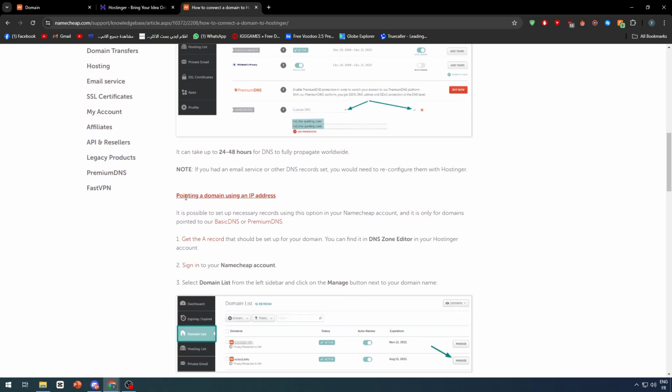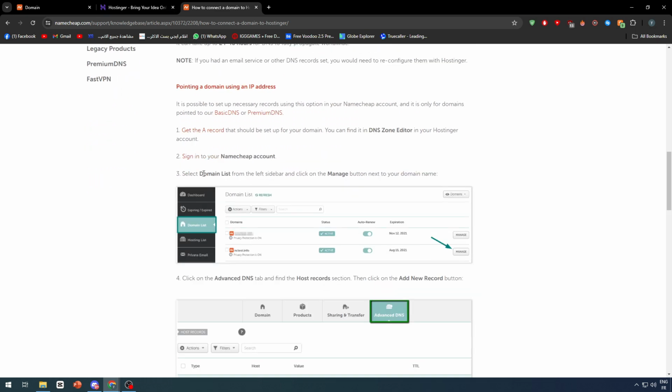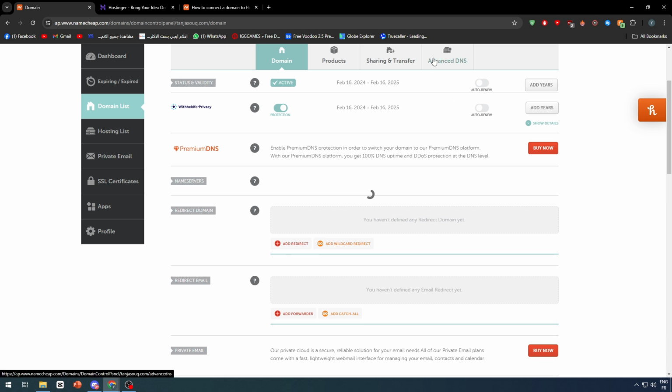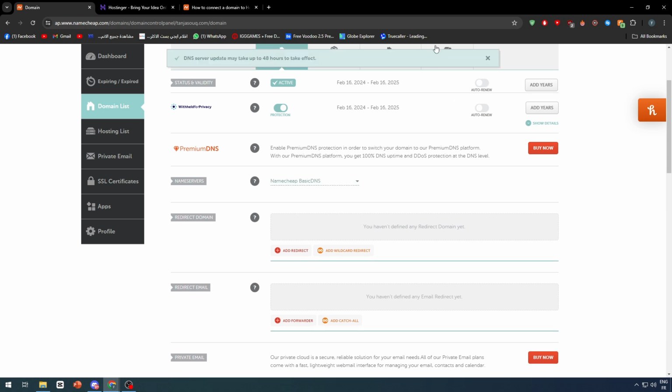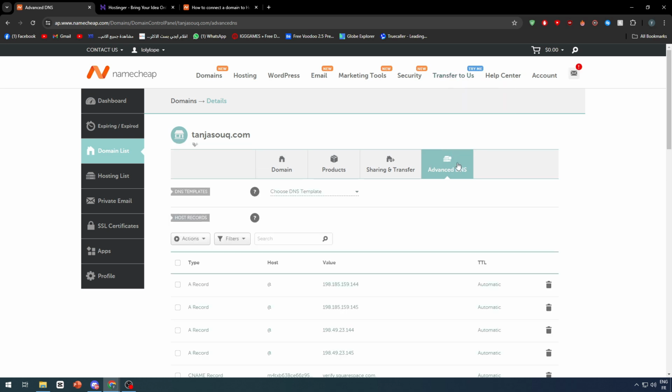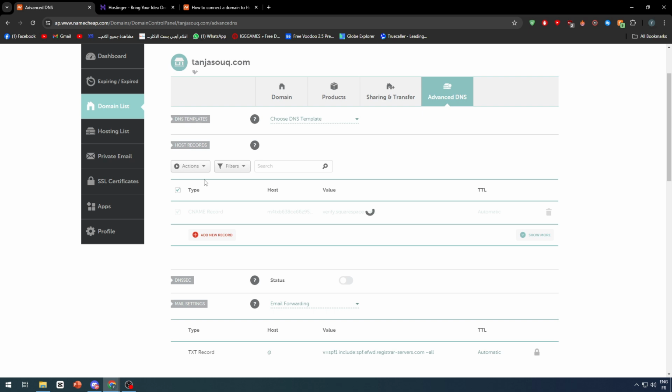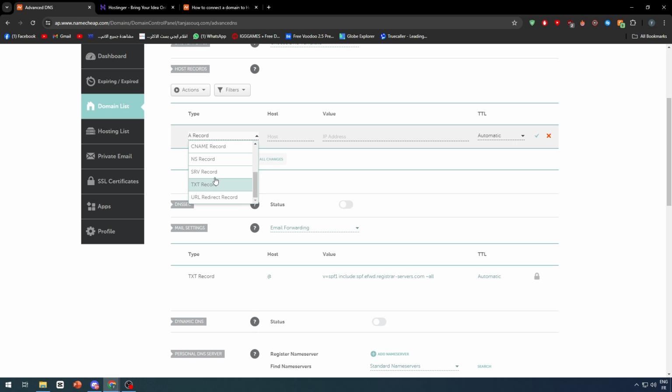Now there is the second method, which is pointing a domain using an IP address. This will require some records such as the CNAME record and the A record. Go to advanced DNS, but first make sure that your name servers are set to Namecheap BasicDNS. Save that, and let's go right here. So let's click on advanced DNS. Let me just remove all of these, and then you should start adding the custom DNS records that Hostinger will give you. You should add, for example, the A record and the CNAME record, depending on how many records they give you. And just like that, save all changes,